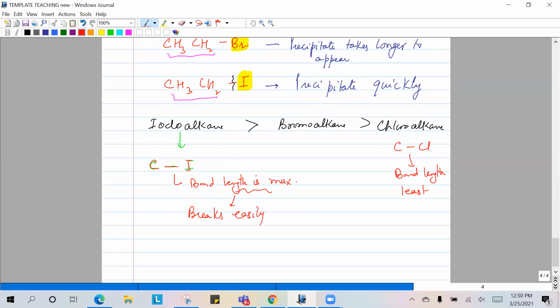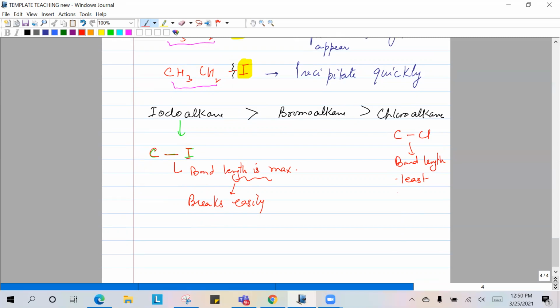So less energy will be required, least energy compared to this. So this is in confirmation with what we have talked before, that the reactivity of the iodoalkane is more because the bond length is more, and by doing this experiment you are able to prove that the precipitate for